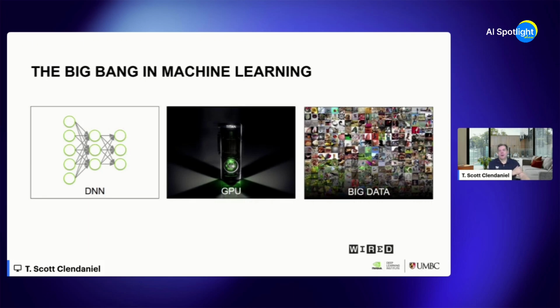Now let's talk about the big bang. So the way our friends at NVIDIA refer to deep learning, or they refer to it as deep neural networks, DNN, deep neural networks. This is deep learning. So this was an evolution in the type of algorithm. But if you're going to have all these really sophisticated, really gigantic models, you need to have better hardware to process them on. And this is where the graphical processing unit, or GPU, became the star of the show.